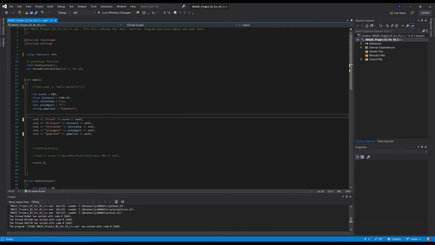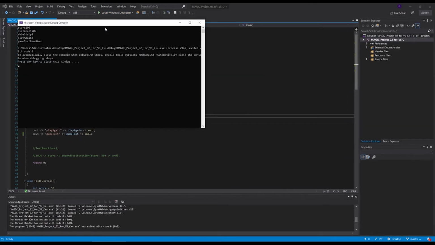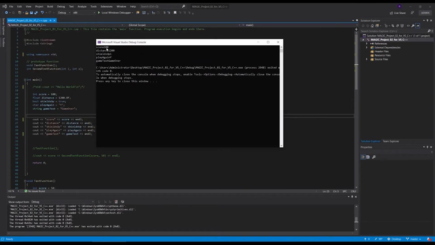And notice I didn't have to write int again because I already assigned it. I already have the data type. It knows that score is that, and it's holding 100. Same for distance, and same for shield up and play again and game text. So let's compile this and see what we get. Okay. You notice that they're together, kind of close. So that's based on how we did this,